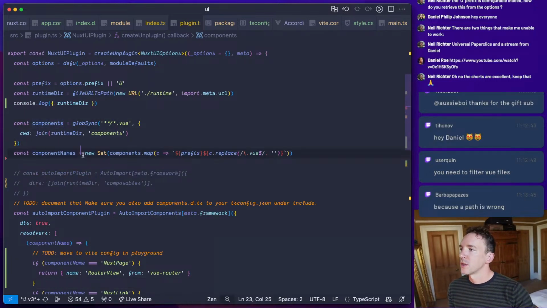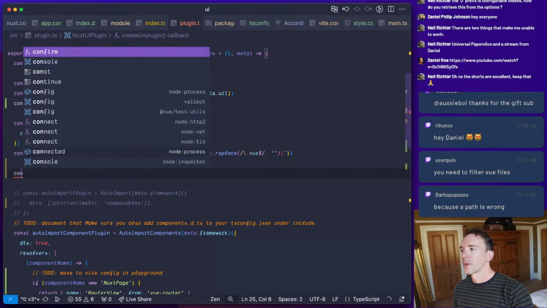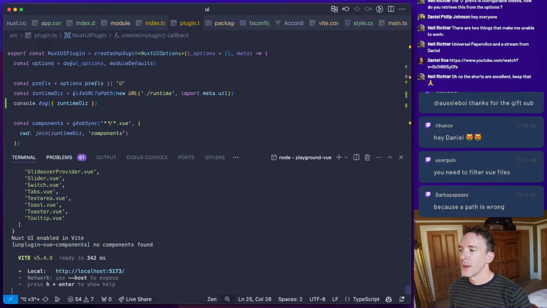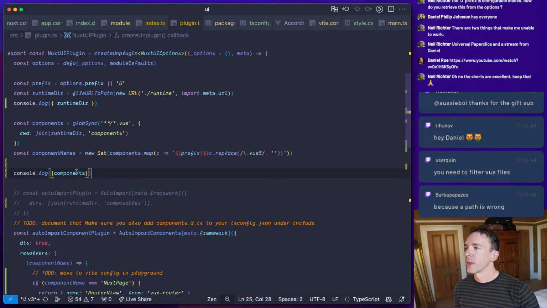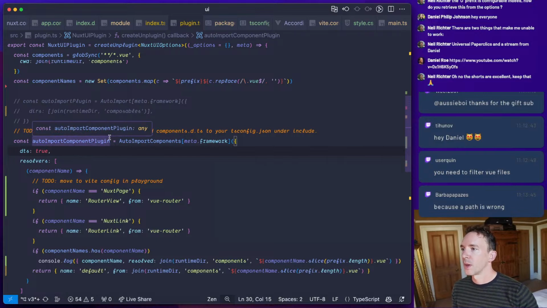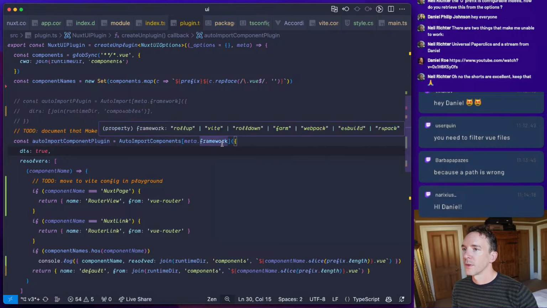So, and let's just log. Because it might not be. No, it's got all of them. So I think it might be that we deleted a components folder, and that is maybe making auto import plugin destroy itself.